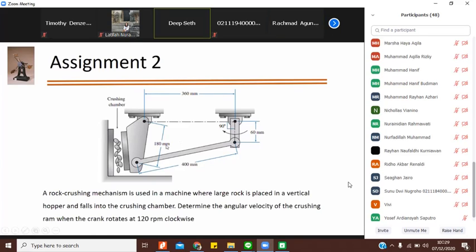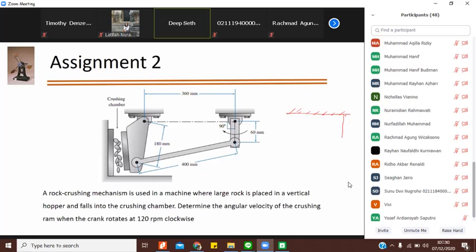Okay. See, assignment number 2 was very simple. The only thing is that when you draw the kinematics diagram of this assignment or this mechanism, you will see actually it's a simple 4-bar linkage, and you just have to follow the same pattern that we have used in the 4-bar linkages in terms of the vector loop. Very simple. You just have to make a fixed link,